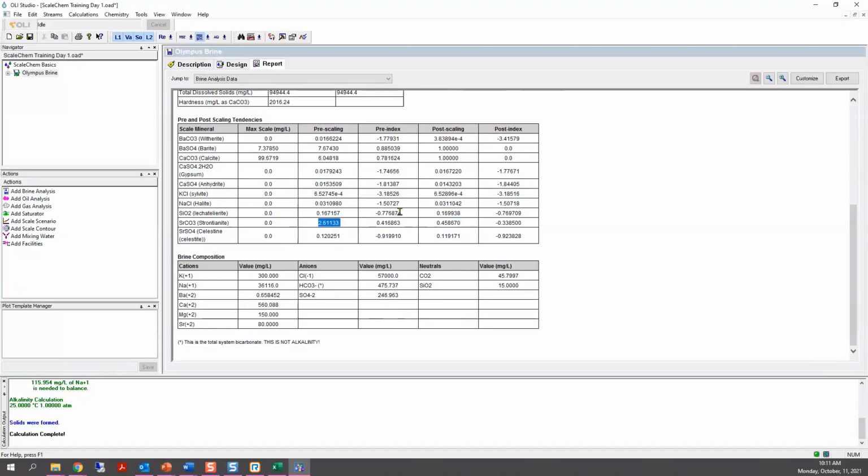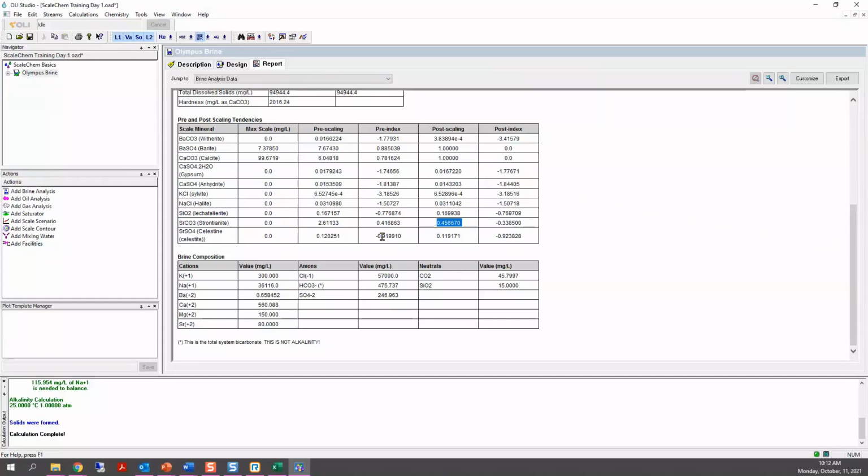And you'll notice that only 2 solids precipitated out, barite and calcite. Before we allow solids to precipitate, the software was saying you have 3 solids that could potentially form, and one of them was strontianite. Again, you remove some carbonate ions from solution, so now you don't have those carbonates available anymore, so they actually don't form because you don't have more availability for that precipitation reaction to occur. Okay.